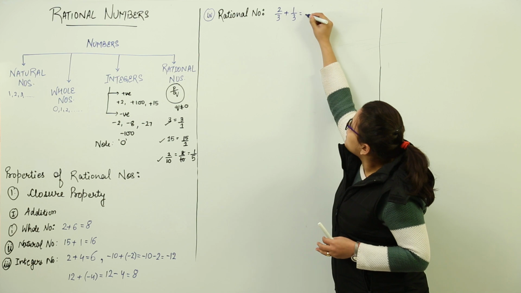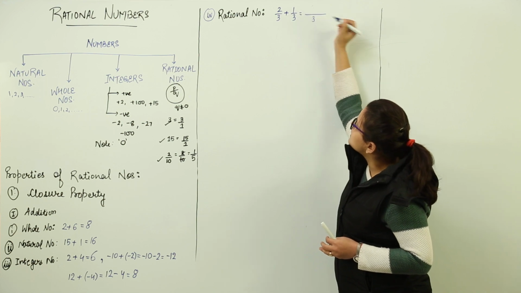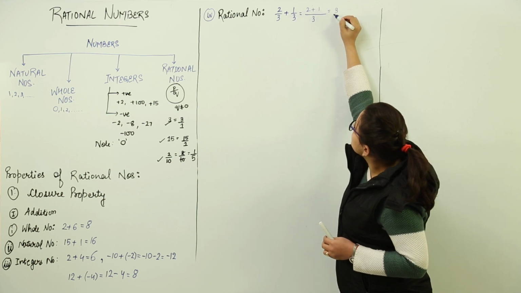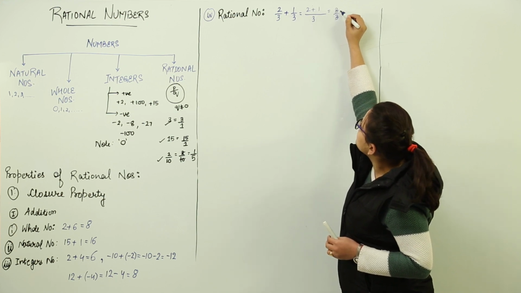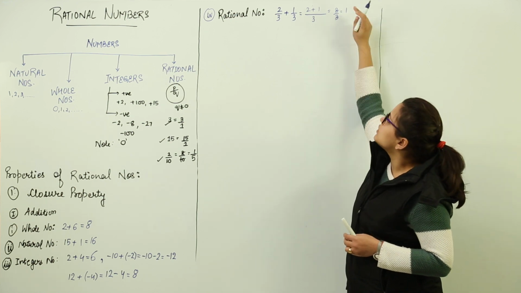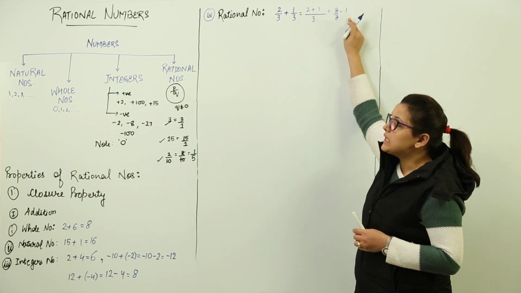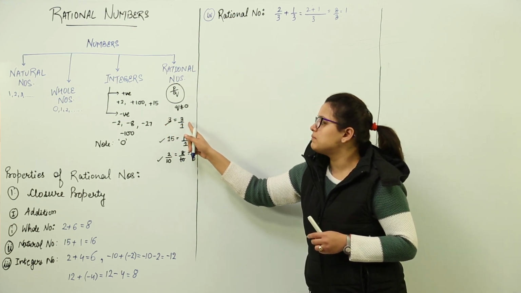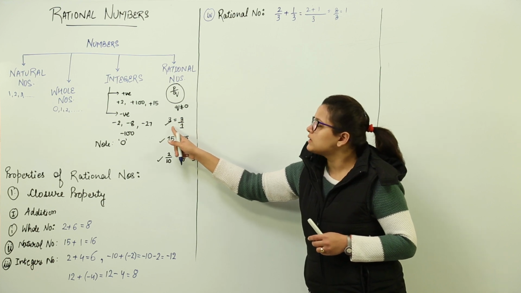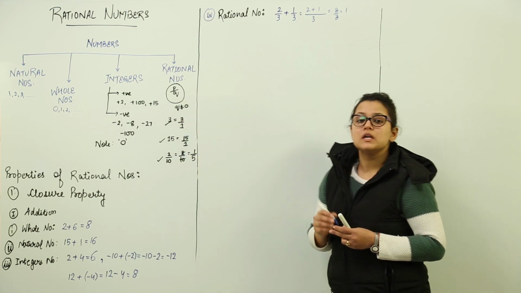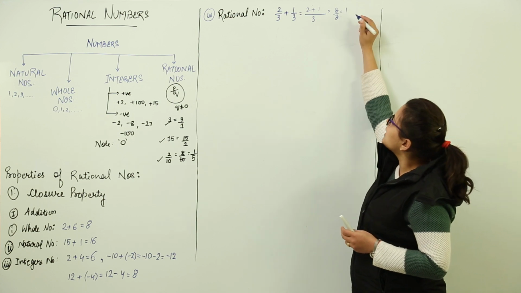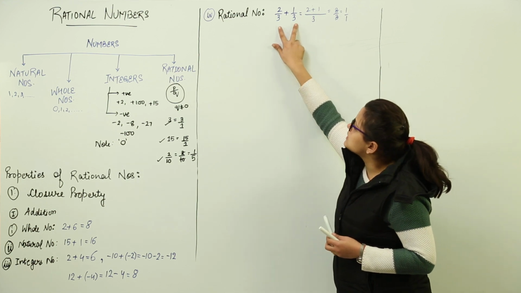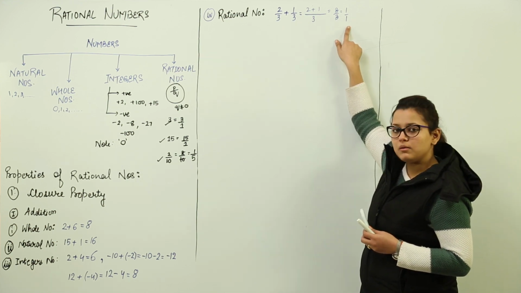So if we add them up, how do we add them? We take the LCM 3. Here we get 2 plus 1. That makes 3 upon 3 and that makes up again 1. So is 1 a rational number or not? As I explained to you, any whole number can be represented in p by q form, so that whole number can be known as a rational number. Similarly, here we get 1. 1 can be represented as 1 over 1. That means any two rational numbers added together will give me a rational number again.